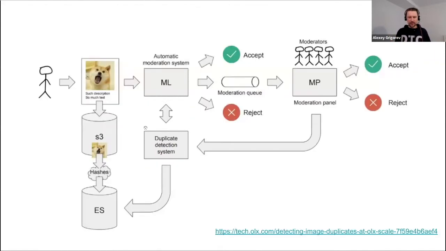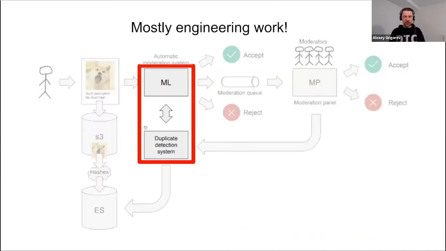But the rest of the system, like everything else around this, like creating this moderation panel, like fetching the image, if you're detecting a duplicate, like computing all these things, this is all engineering work. So machine learning is only a tiny bit of that. And the rest of the system is basically connecting cables. So you have multiple things, and then you need to somehow integrate them so they work together. So let's say you need to take this machine learning and integrate it into existing system. And this is what you as engineers really know how to do. So usually this is a pretty typical machine learning project. You have a bit of machine learning and the rest is engineering.